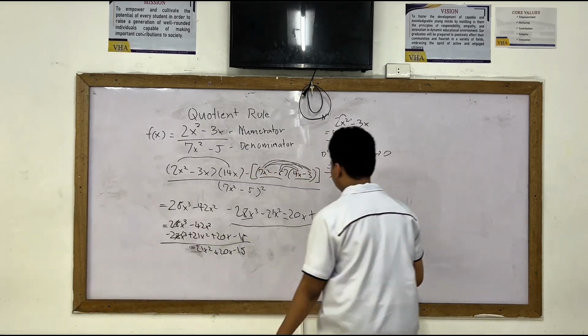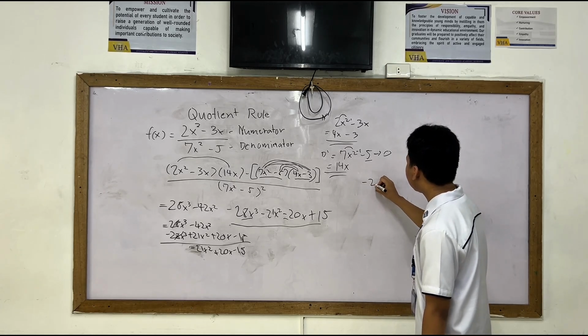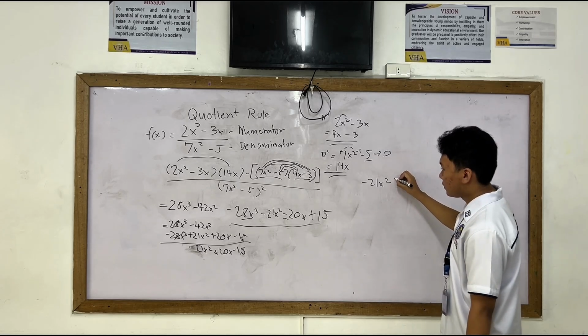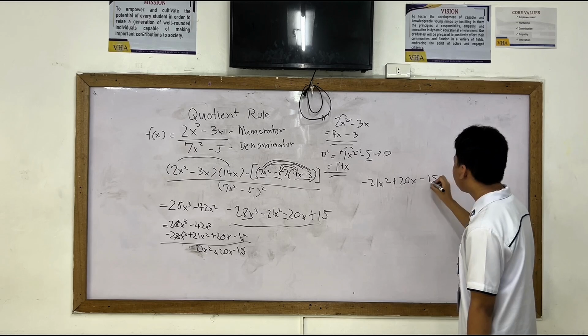Then write our numerator will be 21x² plus 20x minus 15 and our